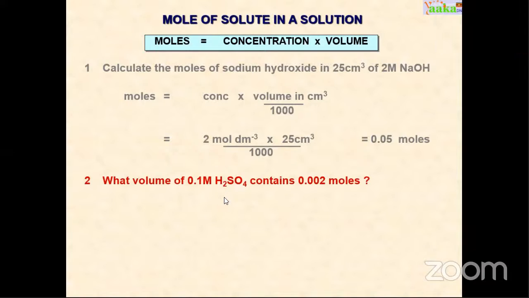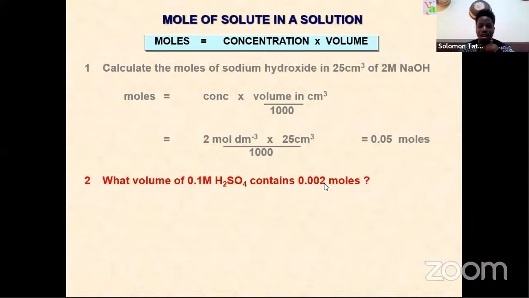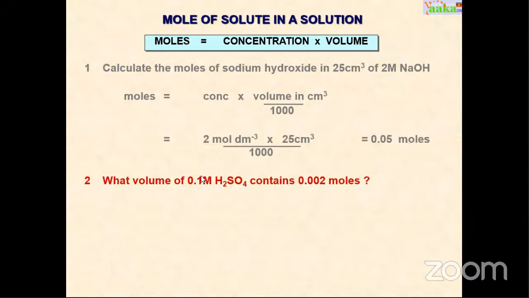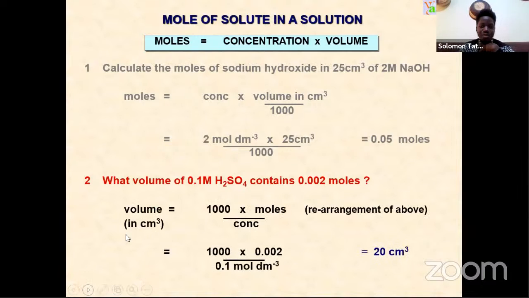If we go to our triangle and we cover up volume, the formula will be volume equals moles over concentration. Okay, so we have moles over concentration, which is right there. That is very good. So that would give us 20 as our